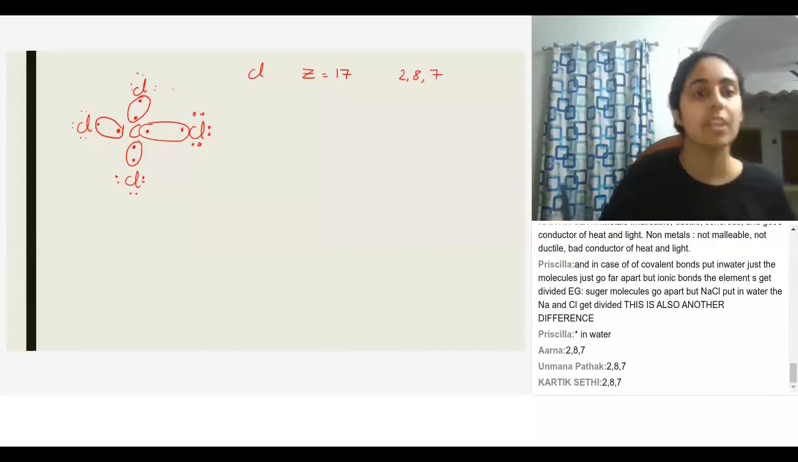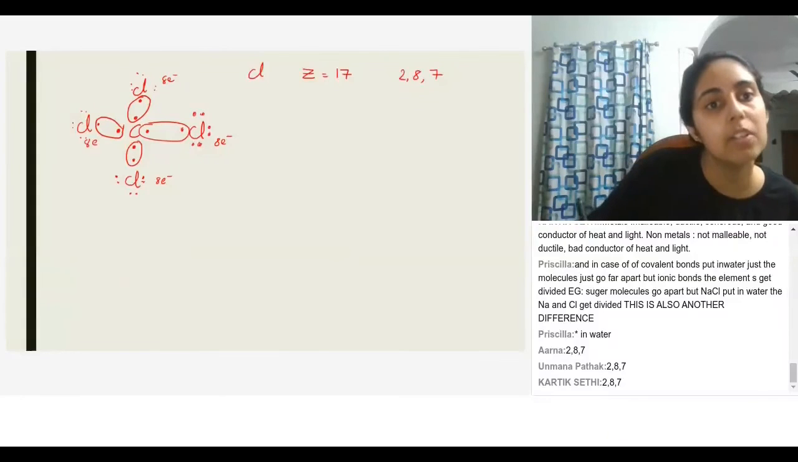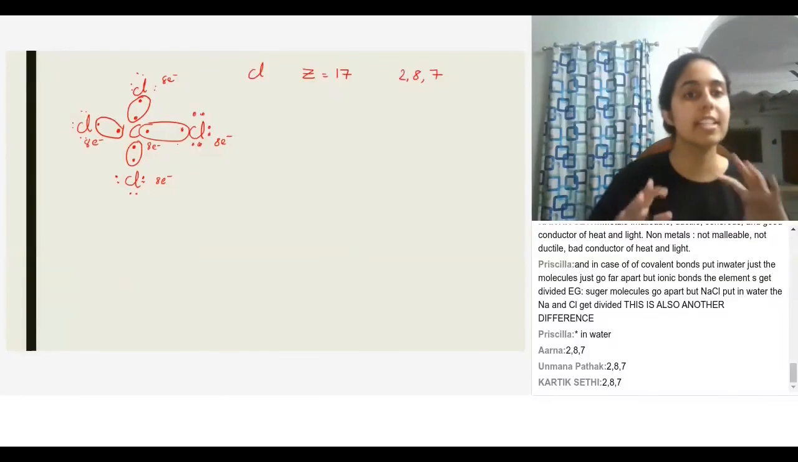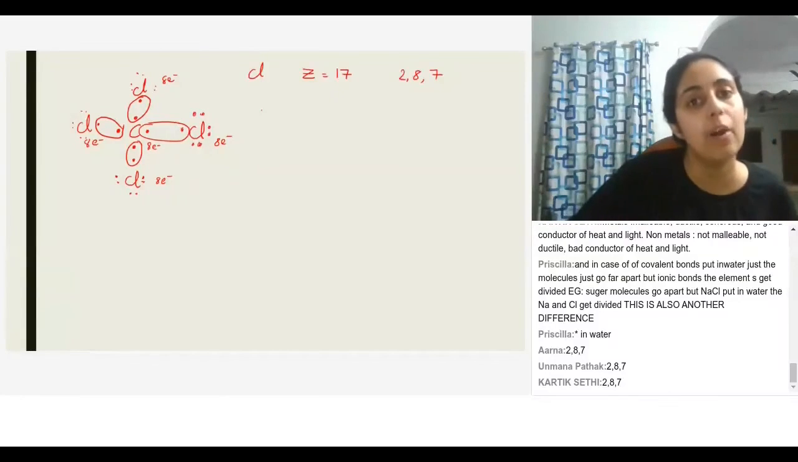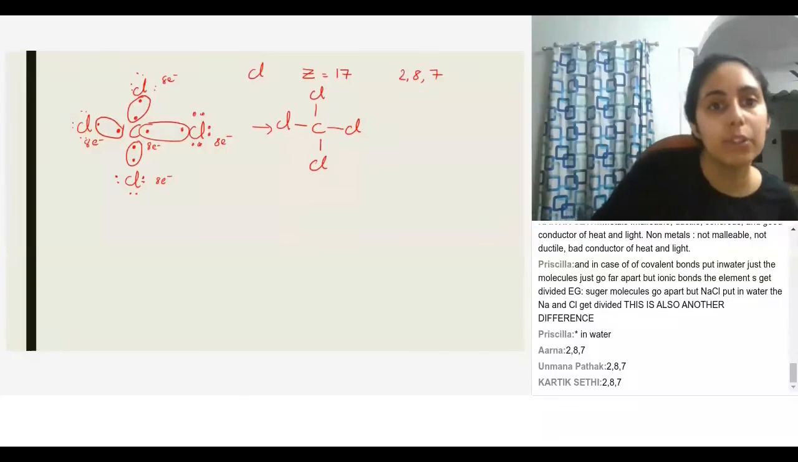Okay, so now all the chlorines have 8 electrons after sharing, and the carbon also has 8 electrons. So this entire structure is stable. Now, if I have to draw this in terms of bond pairs, I'm sorry, if I have to draw the bonds, I'm going to say like this. So one more thing I want you guys to know is these two electrons, this